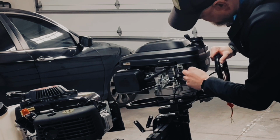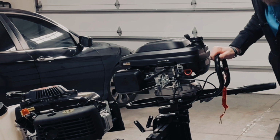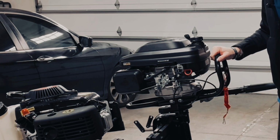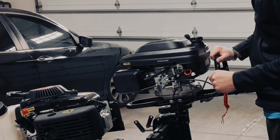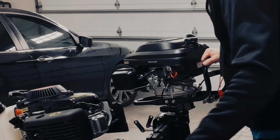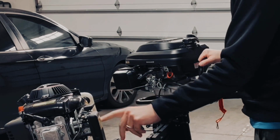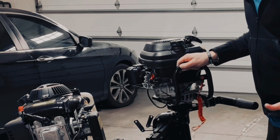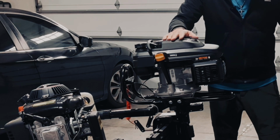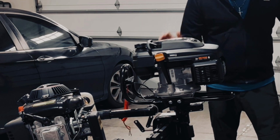Now on here, I don't know, I'll figure it out when I start it. I've only had this for about a week. Also a big difference is you don't have the primer bulb coming from the gas tank on this one. It relies on the choke, and it does just start right up. When it gets warmer, I live in Ohio, so I'm not able to fish right now, so it's just going to sit right here